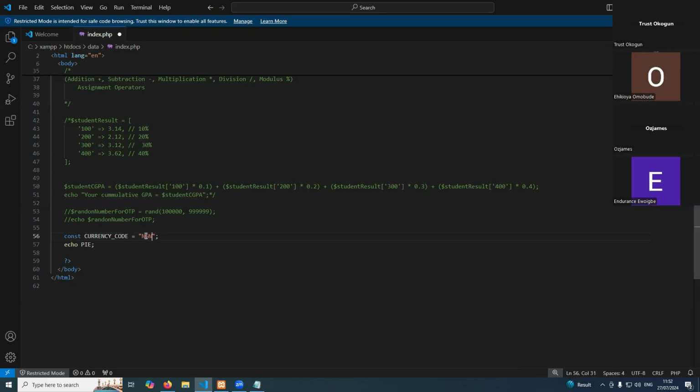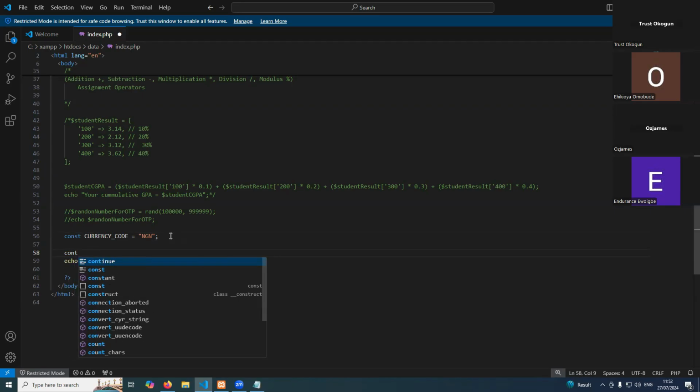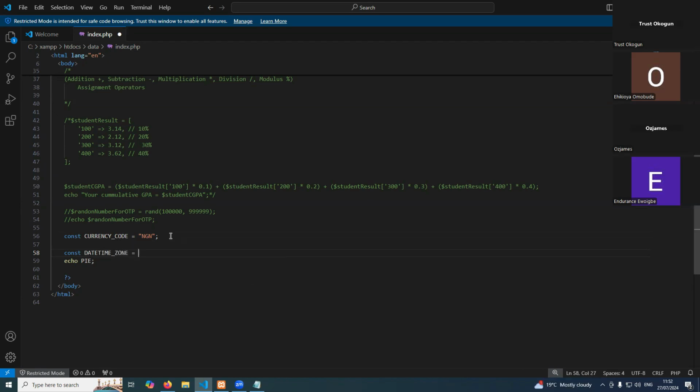So NGN. You know that your currency will always be in naira, or your time zone. You are building an application and your time zone is always Lagos, Nigeria, because PHP has different time zones. You are very sure that your time zone will never change. You can put dates time zone is equals to